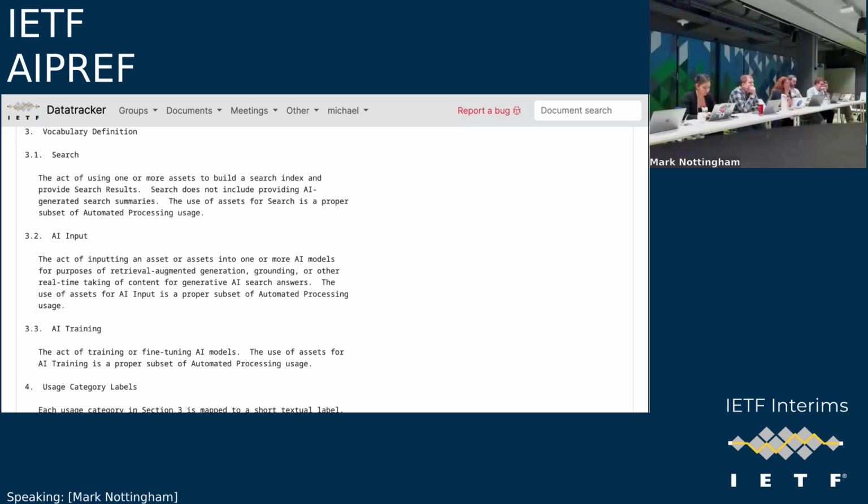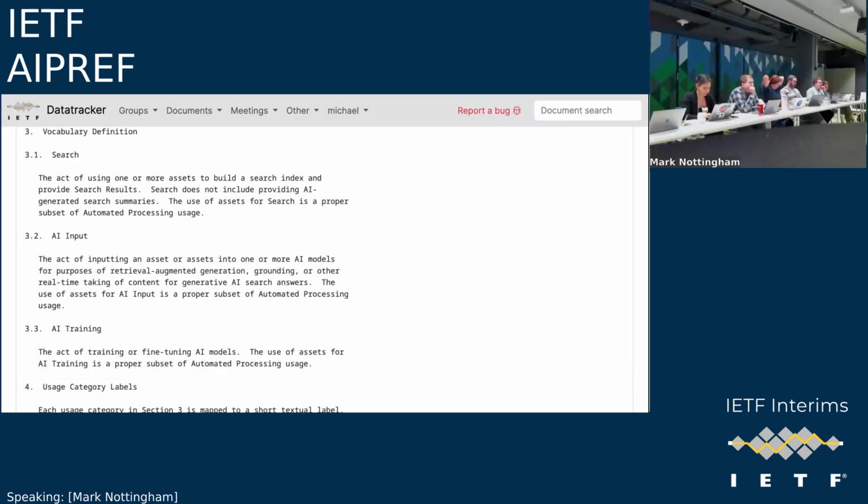And the other principle in defining these was simplicity. The definitions here are very short, but hopefully would be well understood by the audience at large that will be using this. The other assumption here is that when specifying preferences, these three would all be explicitly defined to make it very clear what the behavior is. So if you were implementing preferences, you'd specify all three terms and say yes or no to each one independently. We do think that search is worth calling out, especially in the context of traditional search.